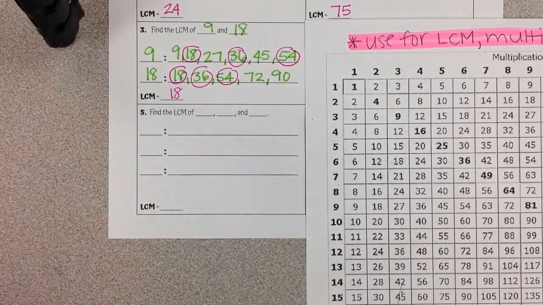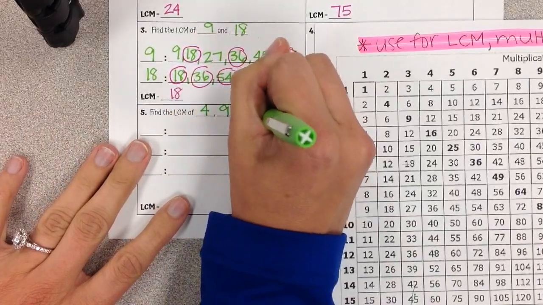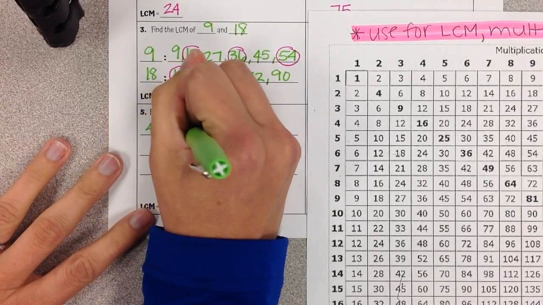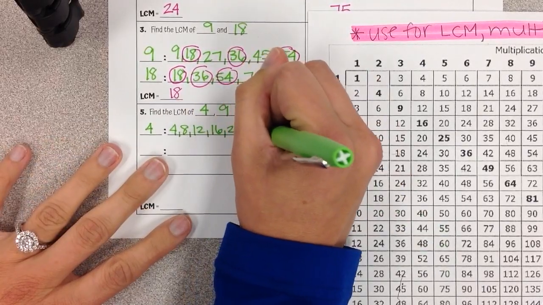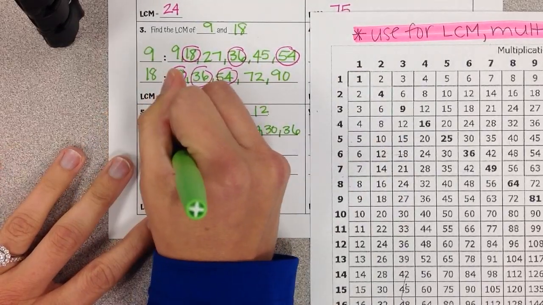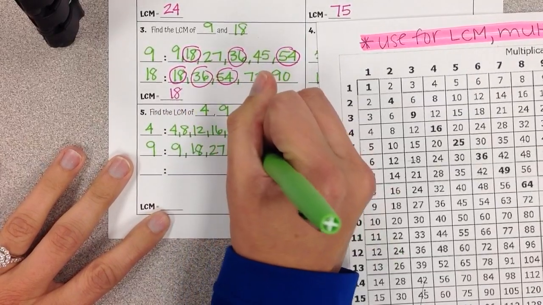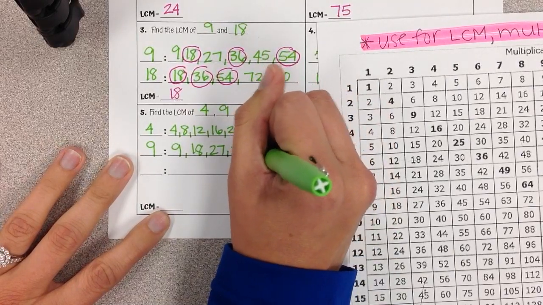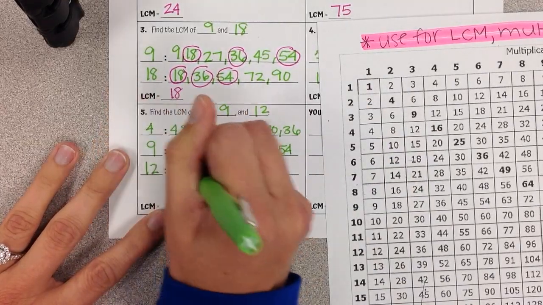All right, one more before the you try. So the only difference with this one is we're having you find the least common multiple of 3 numbers. So 4, 9, and 12. So I'm going to list mine out for 4: 8, 12, 16, 20, 24, 30, 36. For 9: 18, 27, 36, 42, 45, 54, I'm going to stop there. 12,